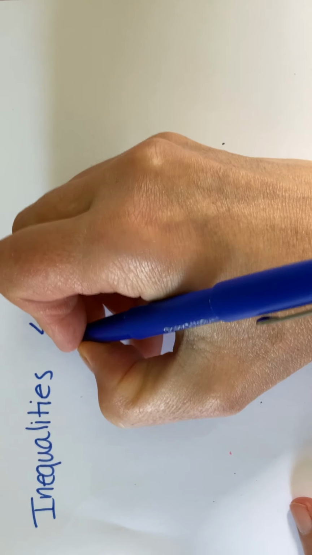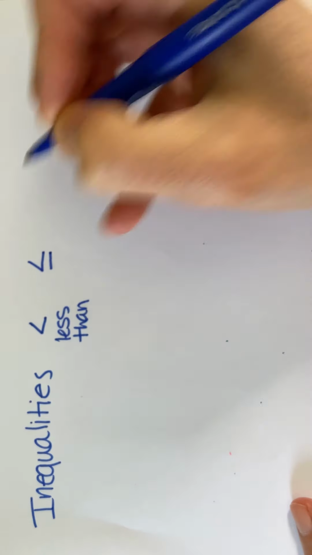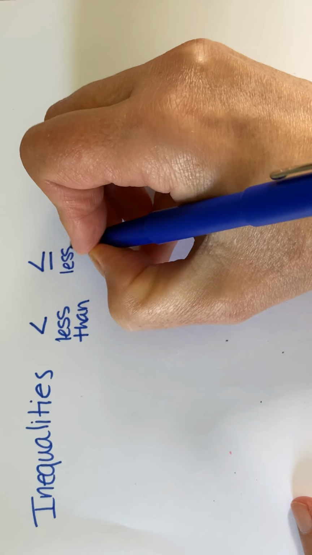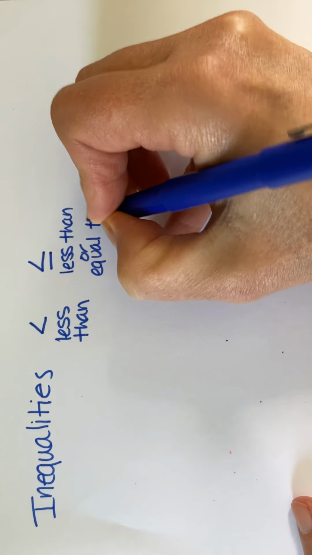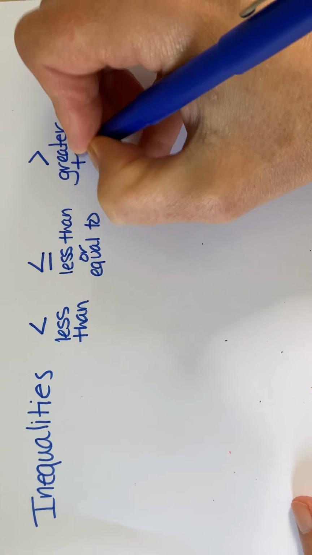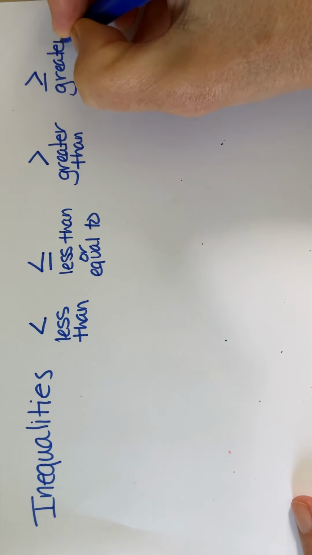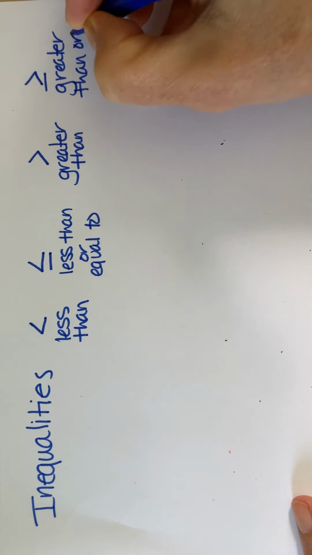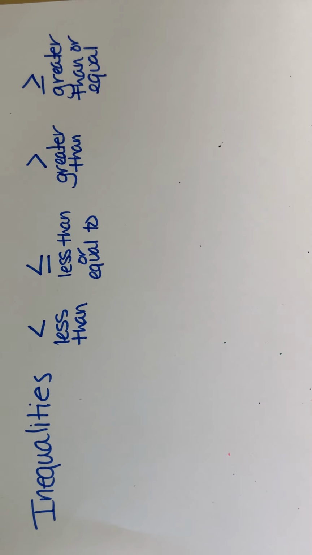All right, so inequalities means that those are your less than, or less than or equal to. It's got a little bit of both. You've got greater than, and greater than or equal to, okay? The difference between the less than and the less than or equal to is if it includes the